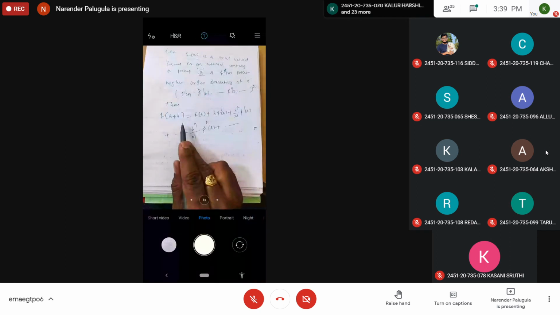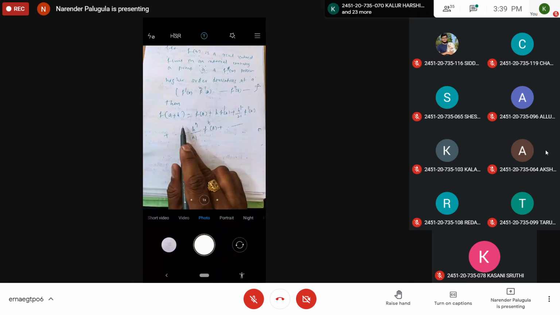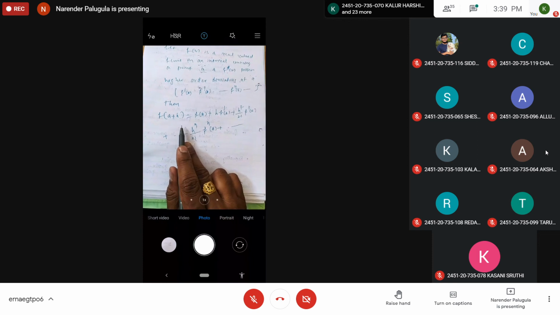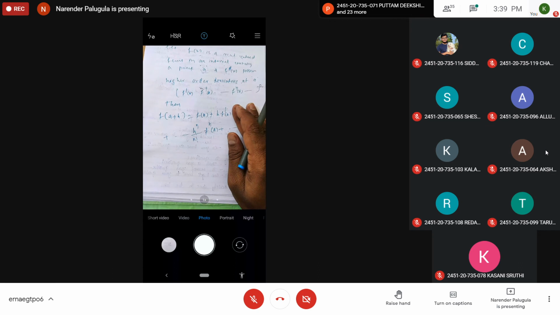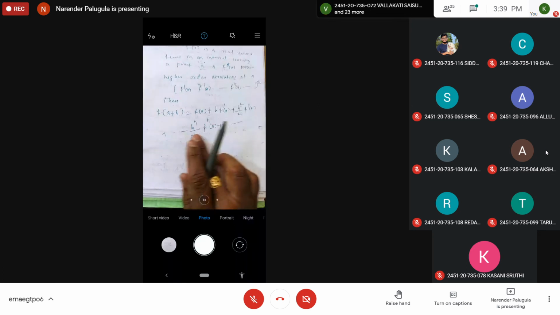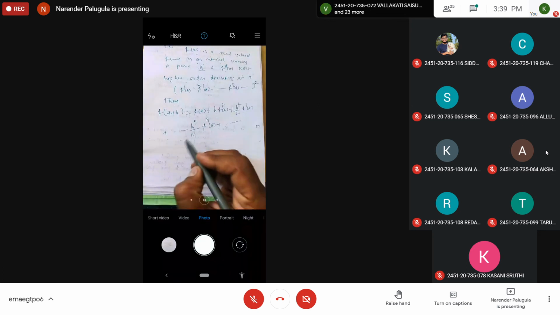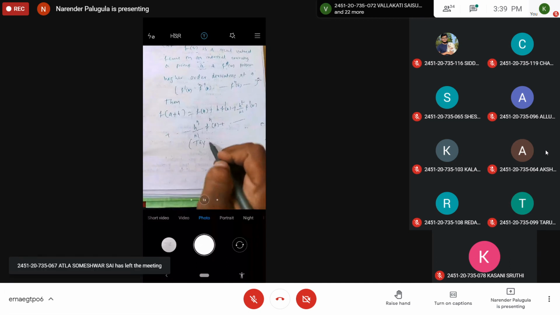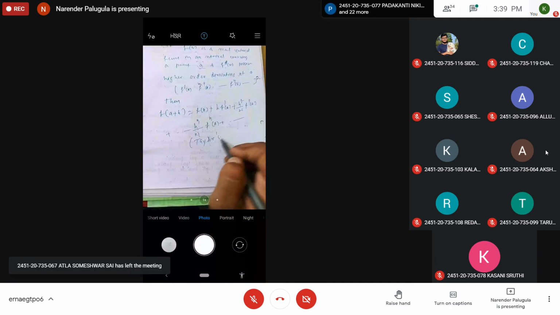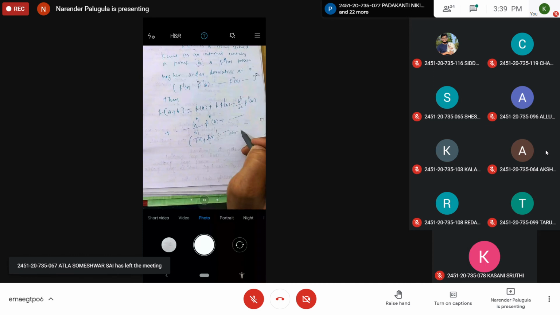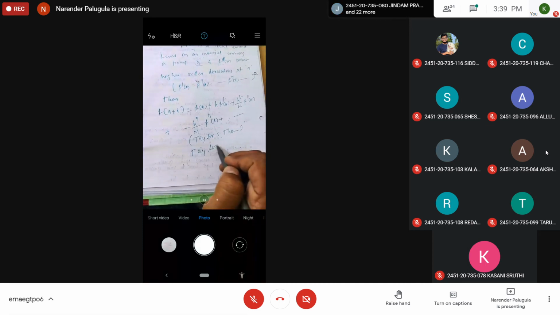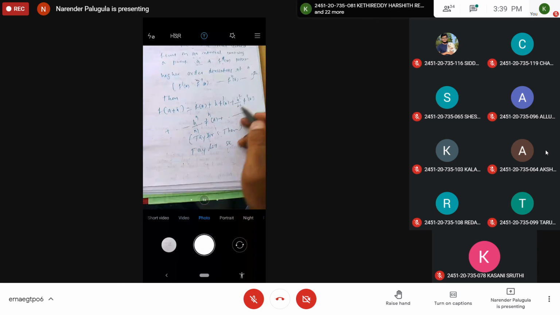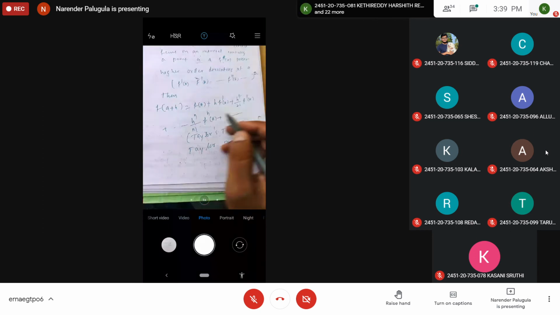This is the generalized mean value theorem. Only up to f dash A, that is called Lagrange's mean value theorem. But this is called the generalized mean value theorem, or Taylor's theorem. We can also call it the Taylor series, because it has infinite terms, in the form of an infinite series.